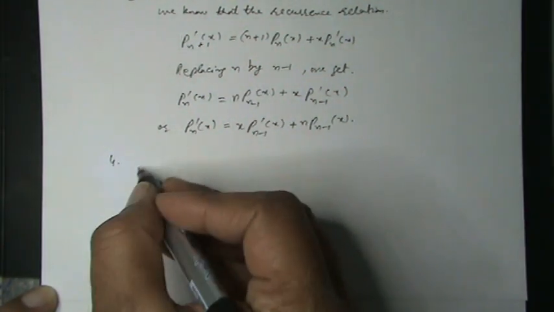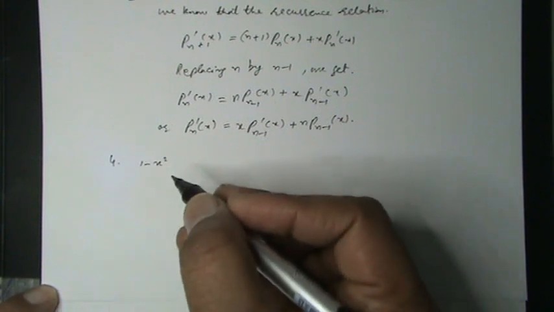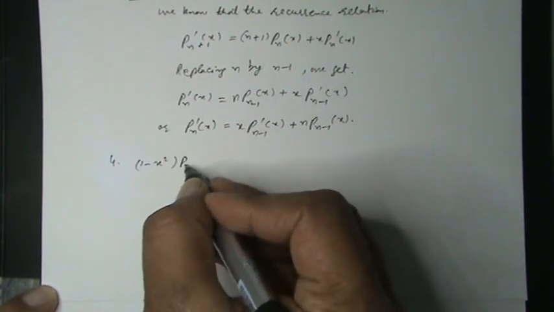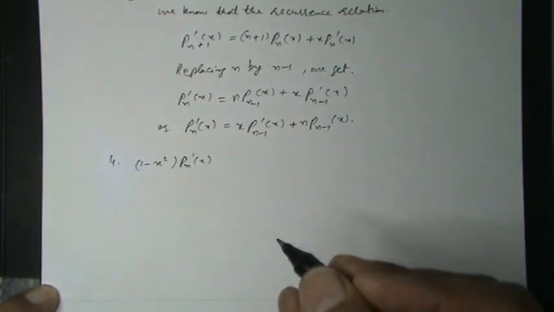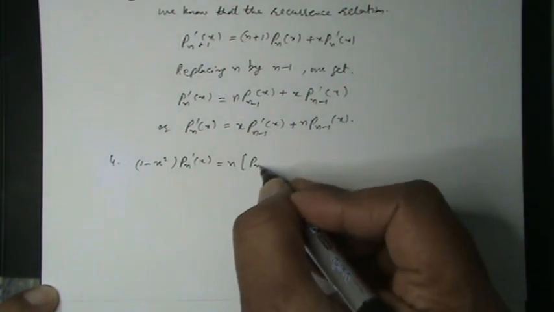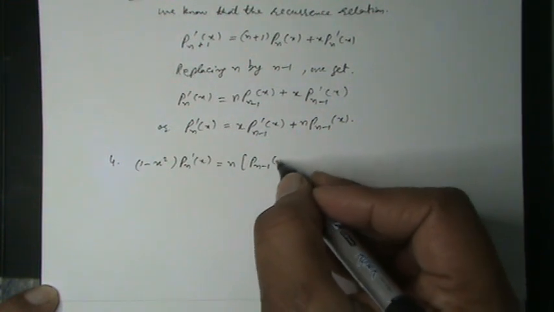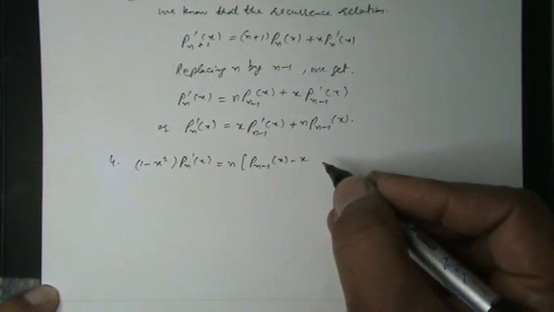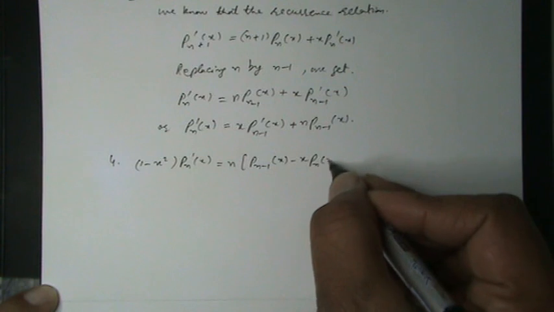Number 4. This is (1 - x²) Pn'(x) = n Pn-1(x) - n x Pn(x), or it can be written as (1 - x²) Pn'(x) equal to n Pn-1 x minus x Pn x,